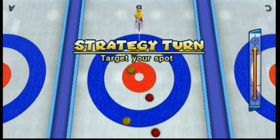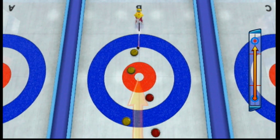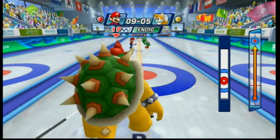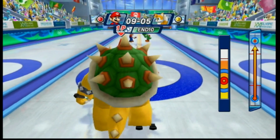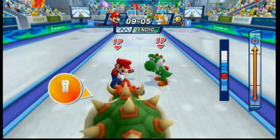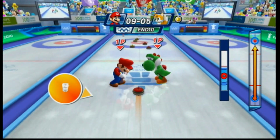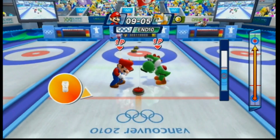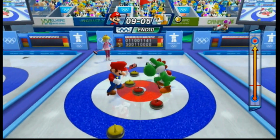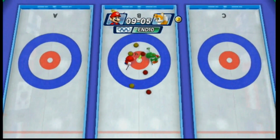Last stone here from Mario and company. Can they get one last crack at it? Bowser to throw it. Can it happen? Can it happen? Bowser to throw it straight ahead. He's gonna put a ton of power in this. Mario and Yoshi standing over the stone as sweepers. Can they get it? This one hurtling towards the center. This one is gonna nudge right off of the Team Tails stone, and actually